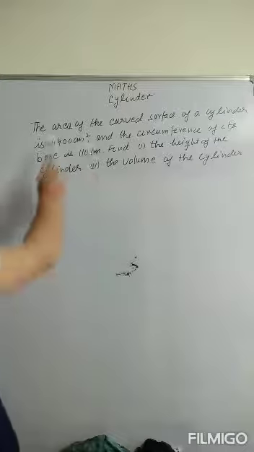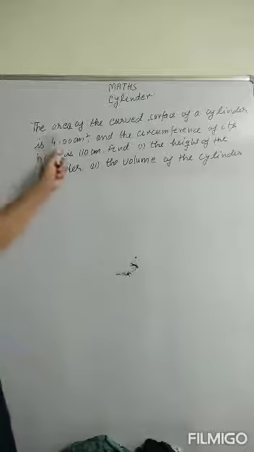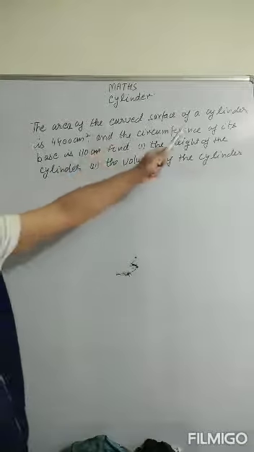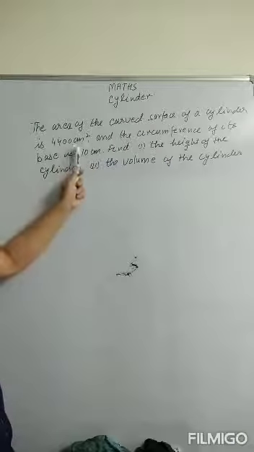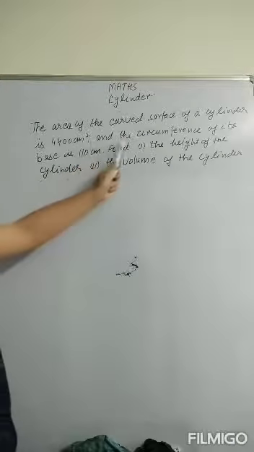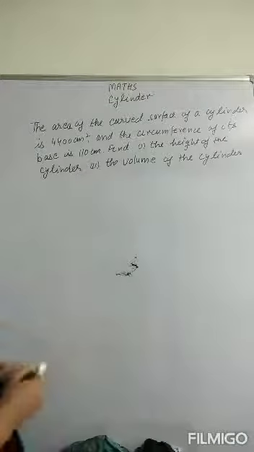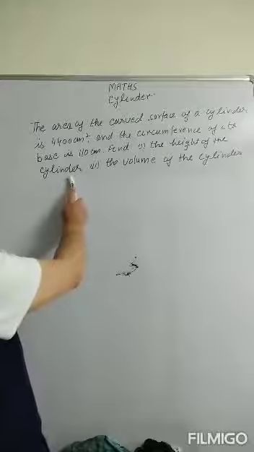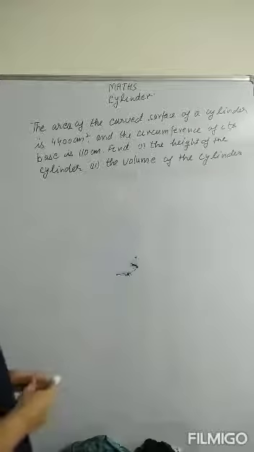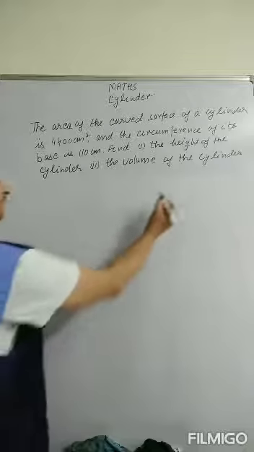In this question, if you see, the curved surface area of a cylinder is 4400 centimeters square and the circumference of its base is 110 centimeters. Find the height of the cylinder. This is the first part you have to find. The second part is the volume of the cylinder. Got it? So suppose this is a cylinder,